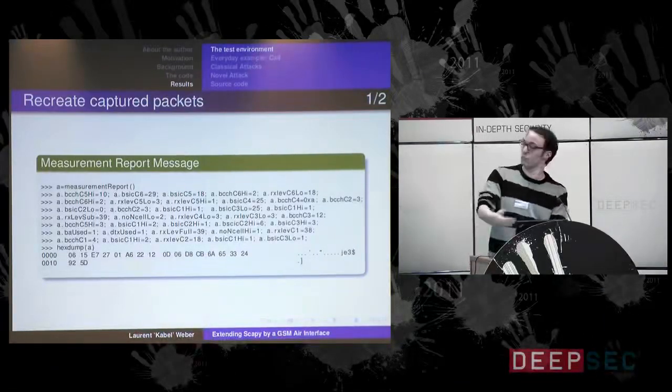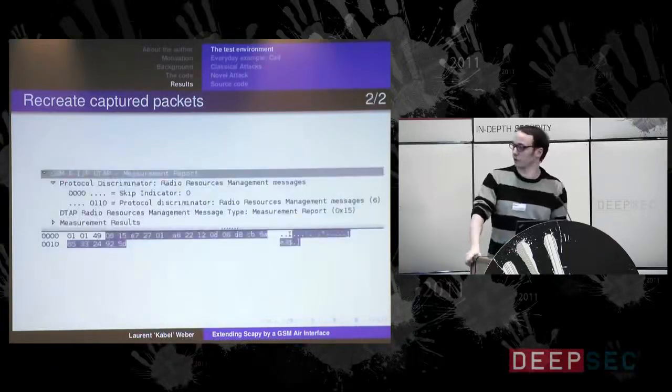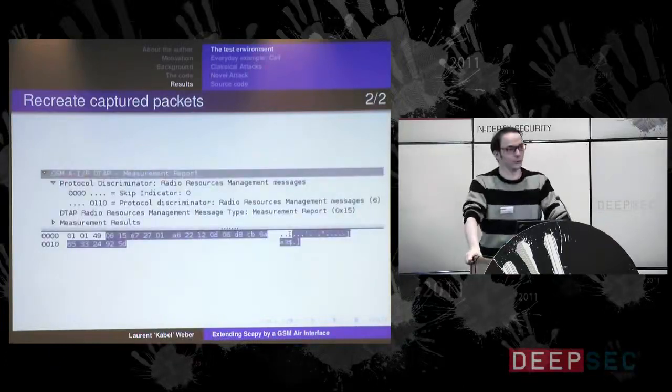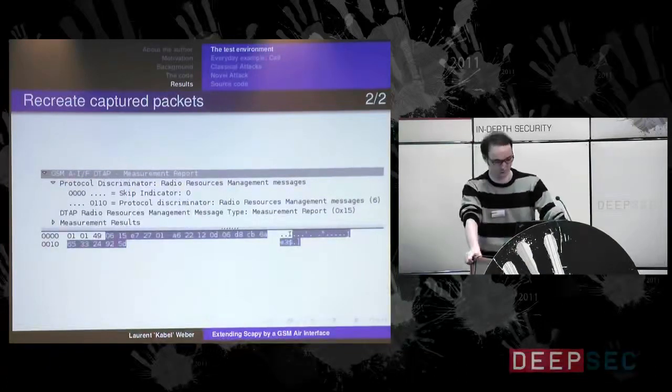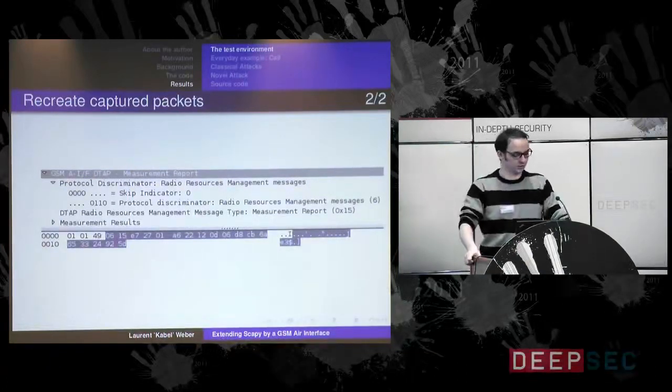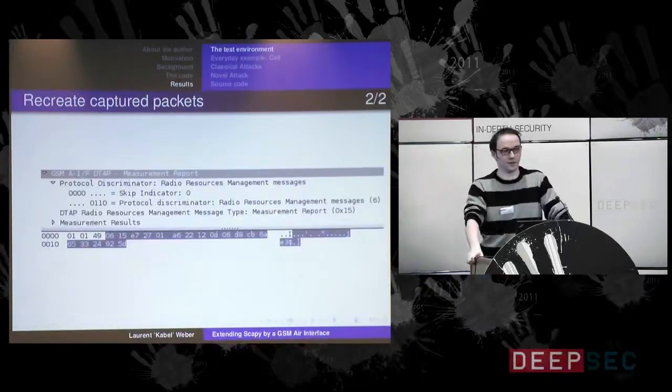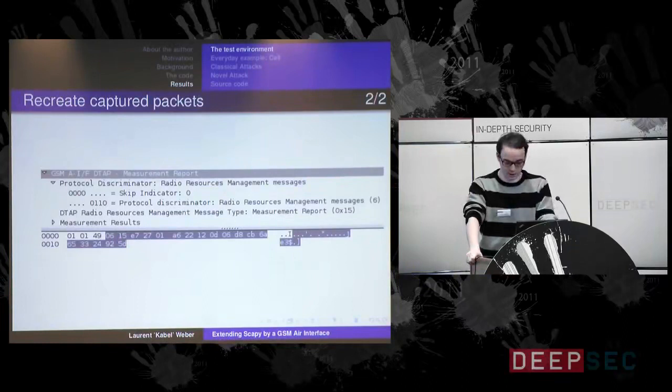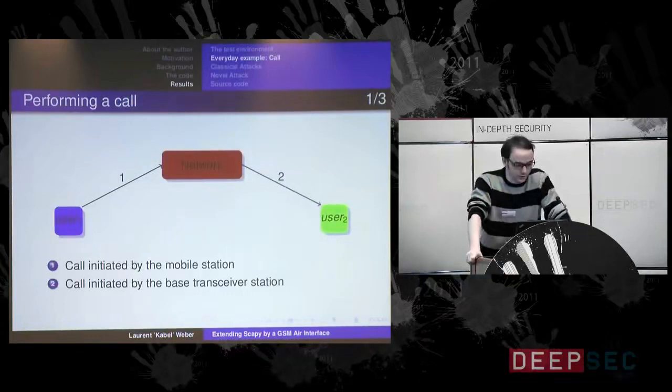So I compared the hex dump of this packet with the one from Wireshark, and it was the same, so I was happy. There was no big implementation error. I recreated, I don't know, 100 packets or something like this by hand just to validate, because I could not validate them with real phones. I will give you a link where you can have a look at it later on if you're interested. But all this stuff is pretty boring, so I decided, once I had a clock, now we do something cooler. Let's perform a call.